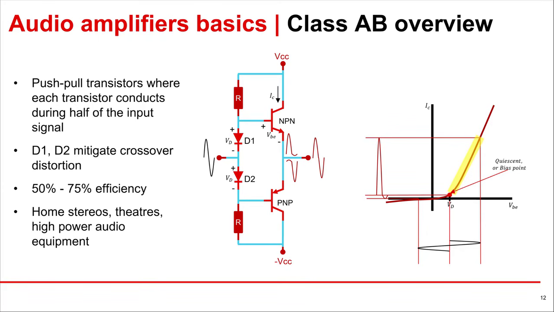A side effect of this is that the transistors will be conducting a small current at no input. This effect, paired with the resistive losses in the biasing diodes and resistors, will decrease the Class AB amplifier's efficiency relative to Class B. However, this sacrificed efficiency comes with the benefit of far less distortion.